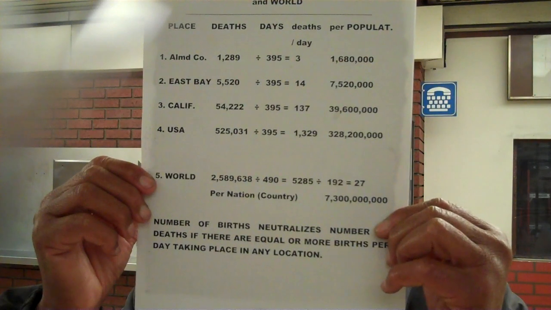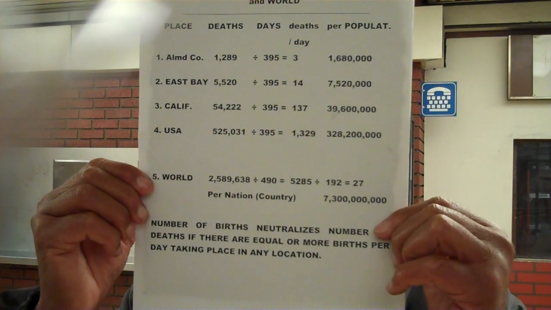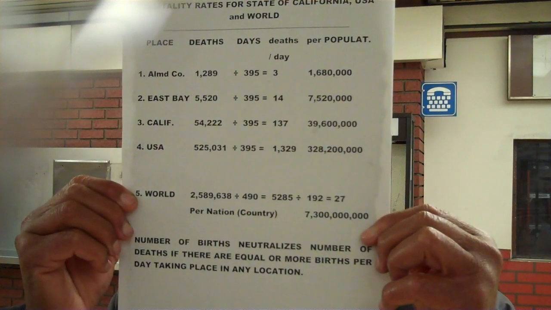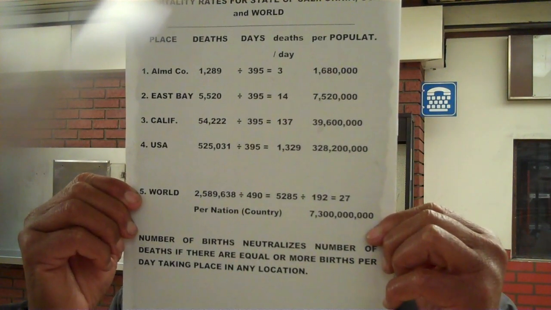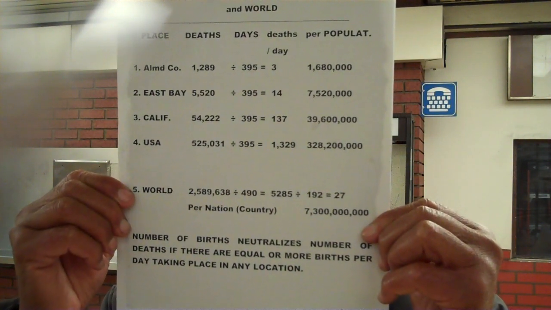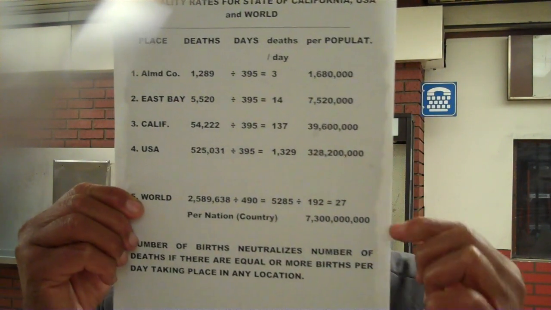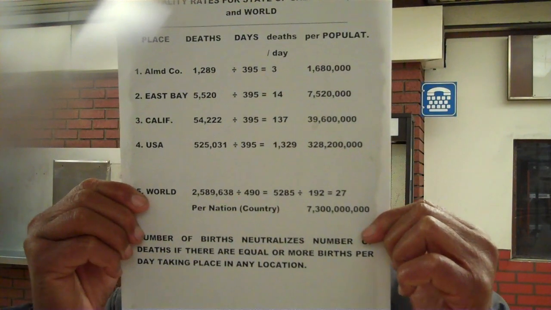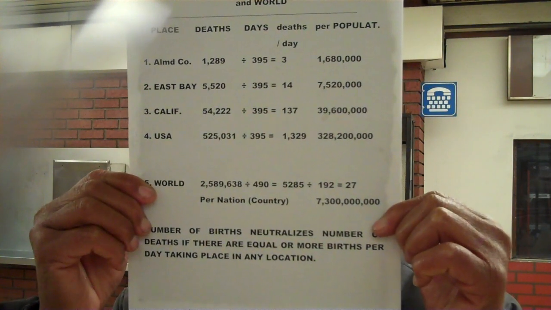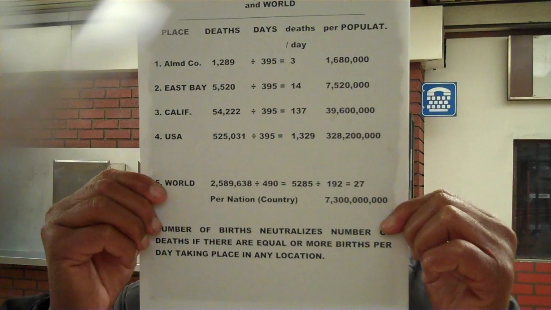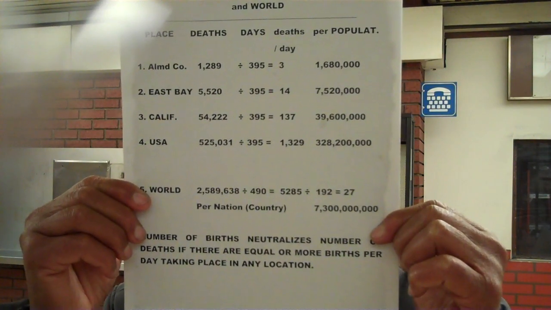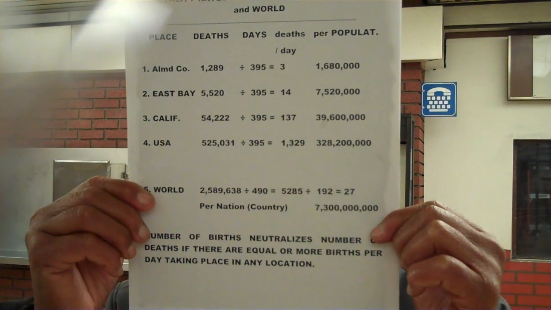This is the world, the whole world, and it is stated that there were 2,589,683 deaths divided by 490 days, which equals 5,285 deaths divided by 192 countries. That is how many officialized countries on the earth. 5,285 deaths divided by 192 countries equal 27 deaths per day per country or per nation out of a population of